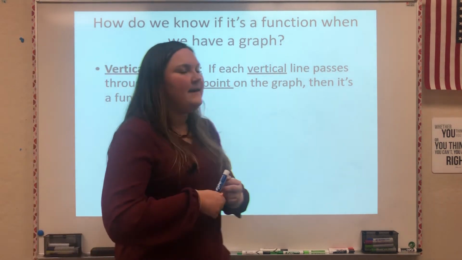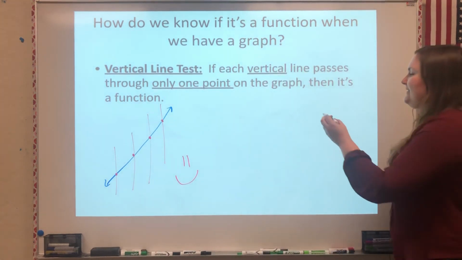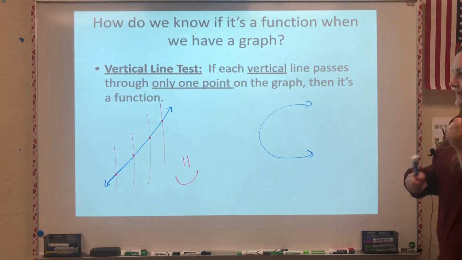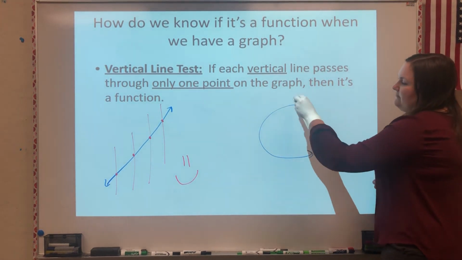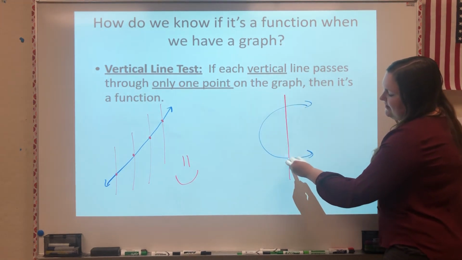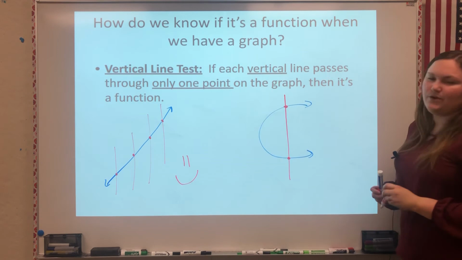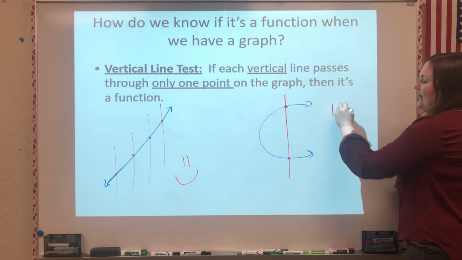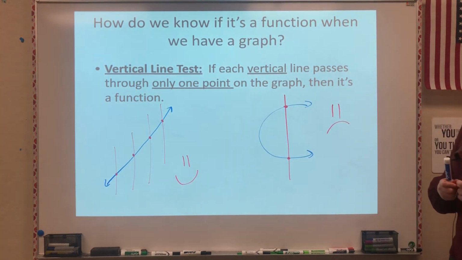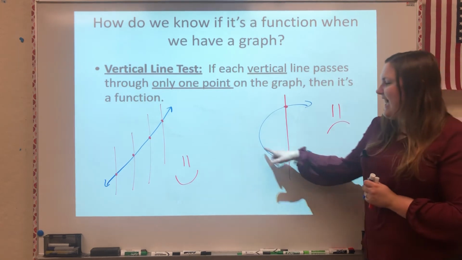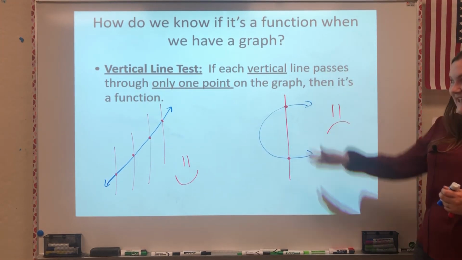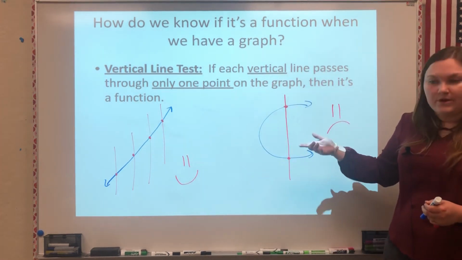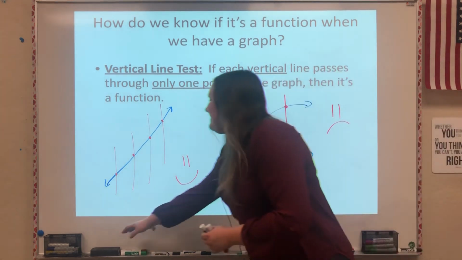If you have a graph, let's do something like this, where you are able to draw a vertical line through more than one point. So notice here, I can draw a vertical line and it's passing through more than one point. If you can draw a vertical line that passes through more than one point, it means it's not a function. So notice we're looking at whatever that graphed line is and seeing, can you draw a vertical line through it that passes through only one point or passes through more than one point. So to give us some actual examples here,